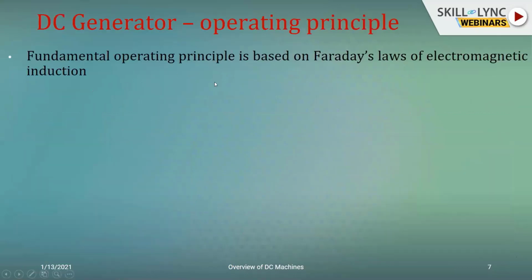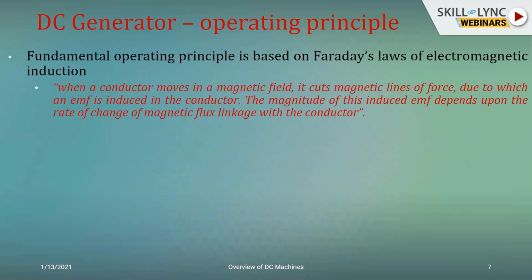I have Faraday's laws of electromagnetic induction, as I have just mentioned earlier. What it says is basically when a conductor moves in a magnetic field, the working flux or the magnetic lines of force will be cutting the conductor, because of which an EMF will be induced. And this induced EMF is entirely dependent on certain conditions, like the number of turns and the rate of change of flux linkage. That is how the equation can be derived mathematically as E equal to minus N d phi by dt.